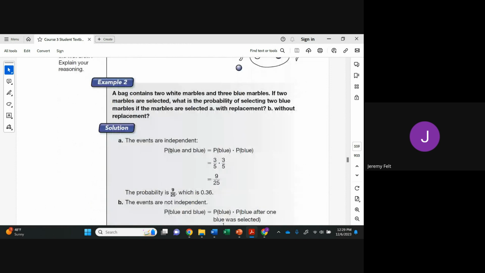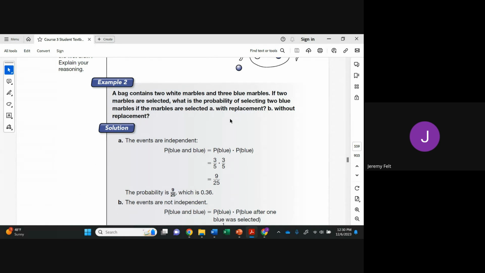Example 2: a bag contains 2 white marbles and 3 blue. If 2 marbles are selected, what is the probability of selecting 2 blue marbles if the marbles are selected A, with replacement, B, without replacement. So that's important. If we draw a marble out of a bag, then we put it back in, shake it